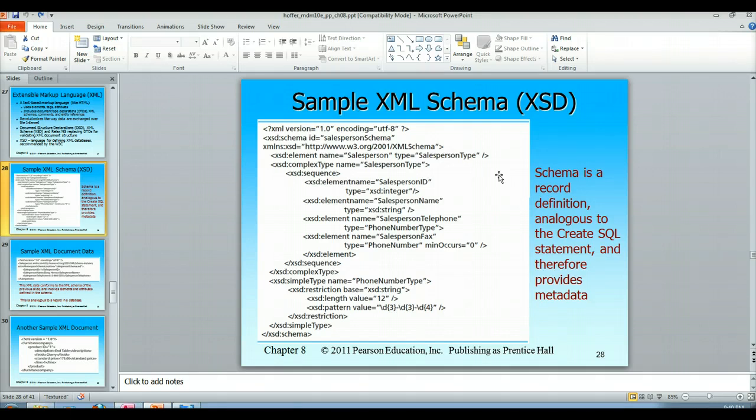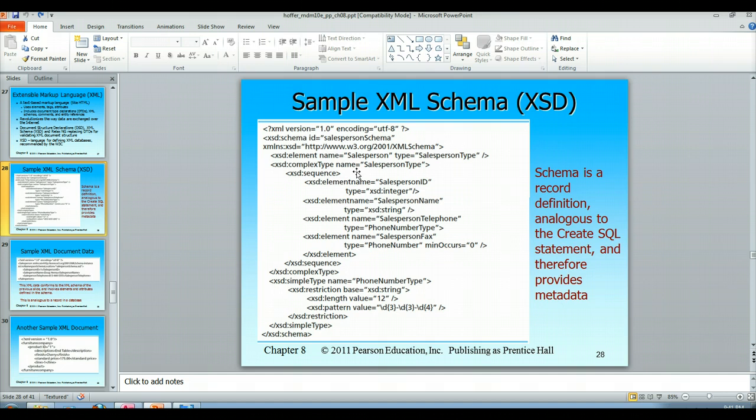And then you can see we have beginning and end tags, right? So we've got the beginning of a complex type, an end of a complex type, right? And then we've got a simple type, and then we've got the end of our schema, right? So the schema starts here, ends here. Then we've got our element name, then our complex type, the sequence begins, and the sequence allows us to have